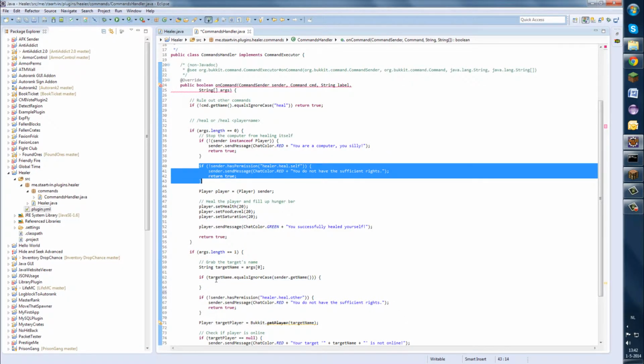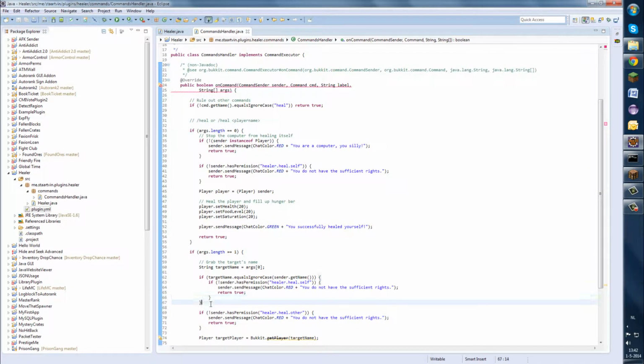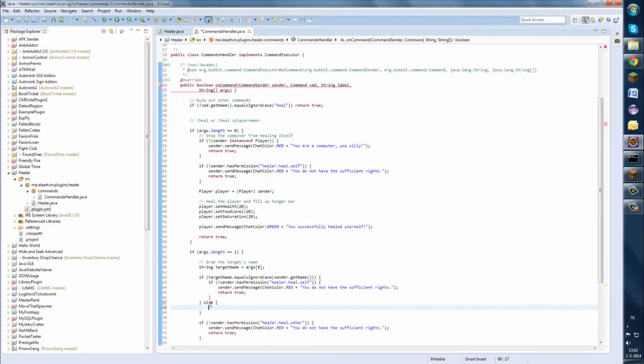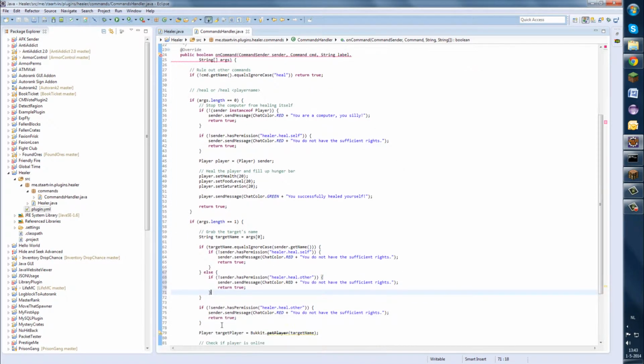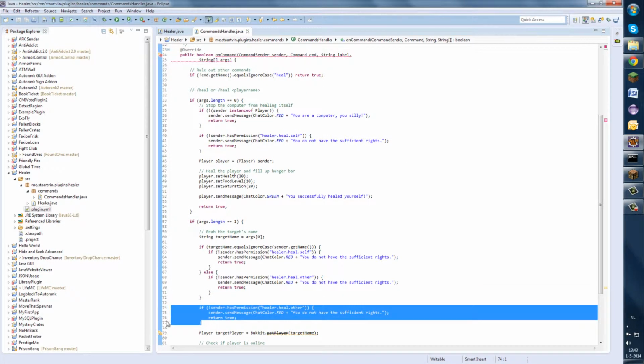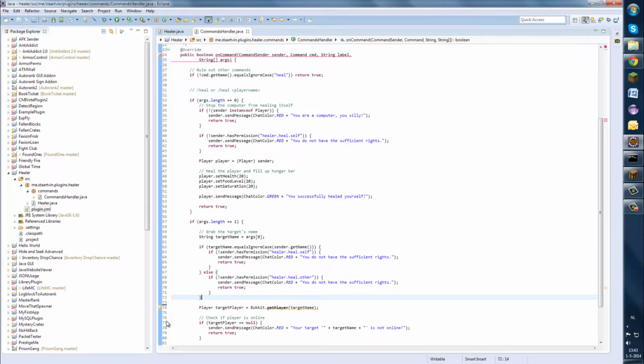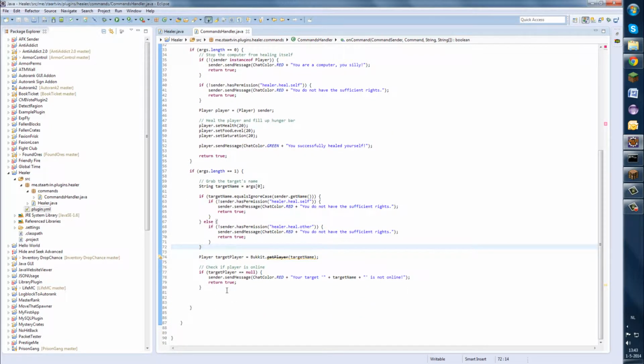So we copy this and then else. So if the target name equals the sender name, then we check for the permission self. If that is not the case, then we check for the healer other, because then we know it's not the player himself. Then